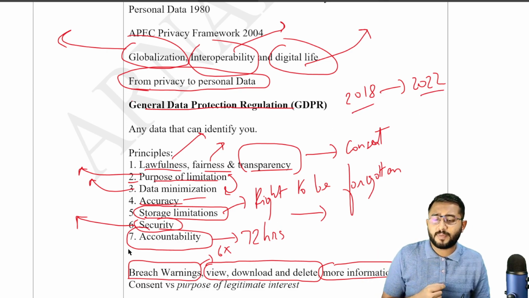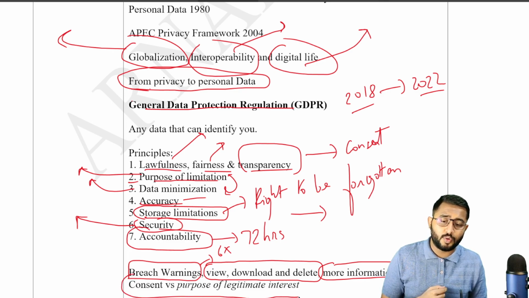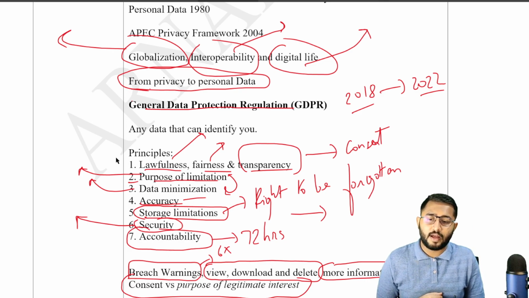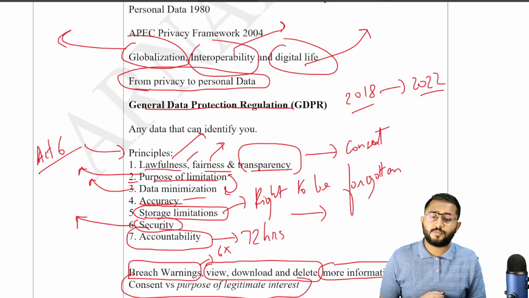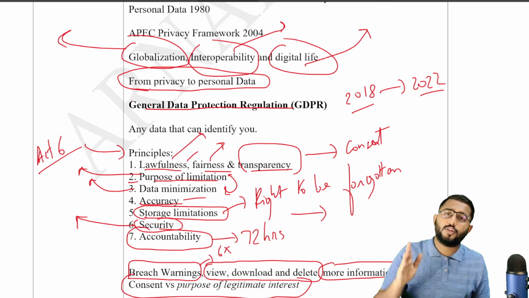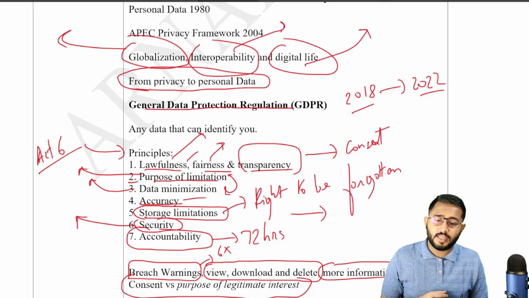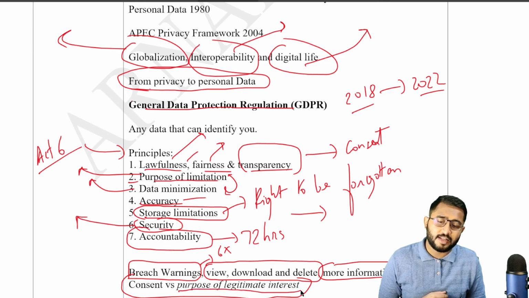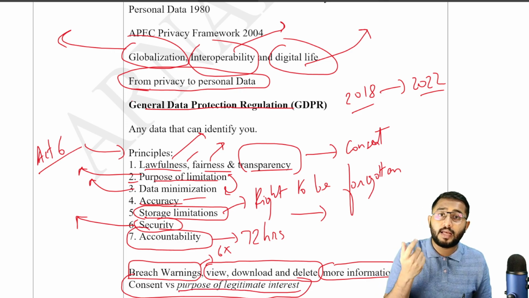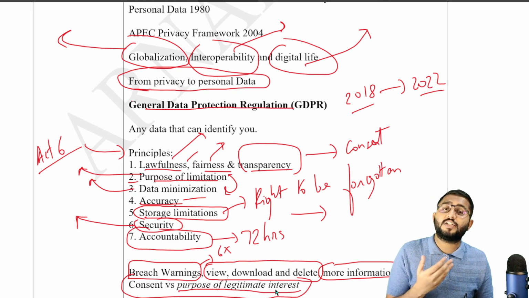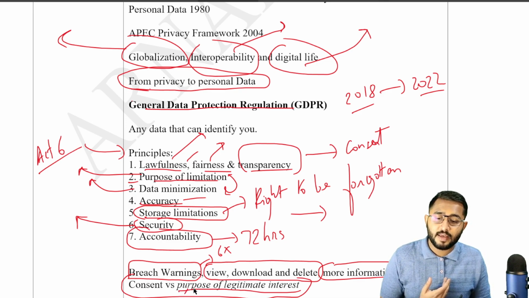Now, if you look at just the comparison between the GDPR from 2018 versus how it's performed now, the biggest breach that we see is about consent. Even though the whole GDPR was regarding consent, it also in their Article 6, under lawfulness of collection of data, they have spoken, उसमें उन्होंने एक point तो ये बोला है कि you need the consent for collection of data, but it has also given this line which says a company can collect your data for purpose of legitimate interest, and this has become a grey area.